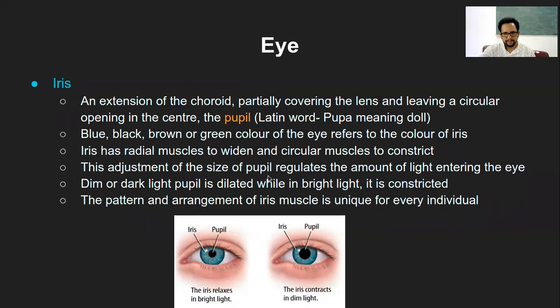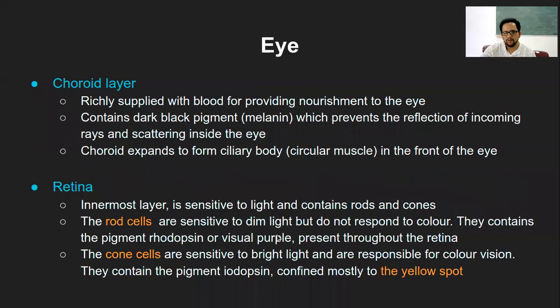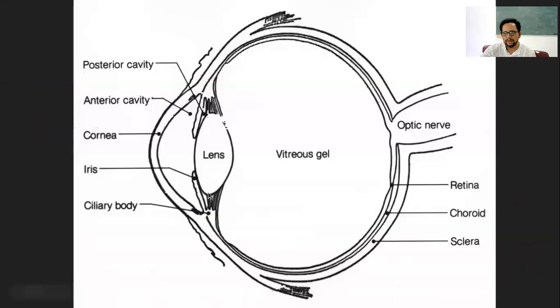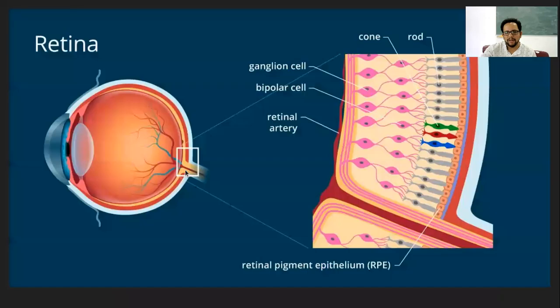Yes, correct. So it is an extension of the choroid. If I go back to the diagram, if you look at this choroid layer, which is these inner two lines, if you extend them further, that becomes the iris structure, and then this opening is what is called the pupil. So the iris is not completely intact, rather it's intact until the round part, but towards the center of the eyeball from the front, it is not intact. So that is how the iris is.